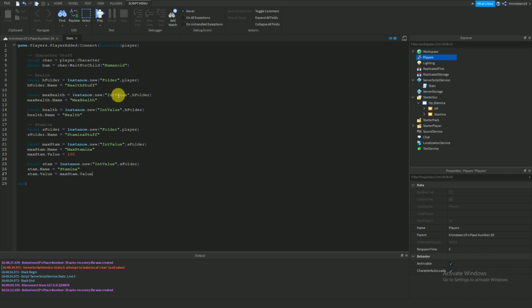Okay, as I was saying, we got the max stamina and the stamina, and we put the values in for the stamina and the max stamina, right? But we didn't do that for the health, right? So we're gonna do that right now. Put down here though, because we want these stats to update and change every time the health changes. So to do that, what we're gonna do,